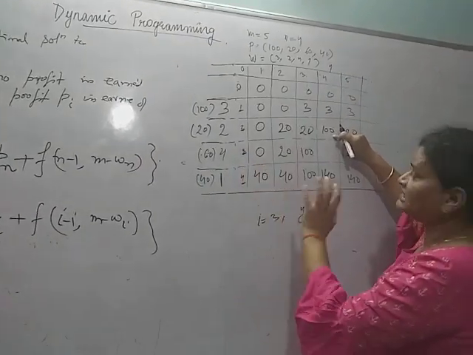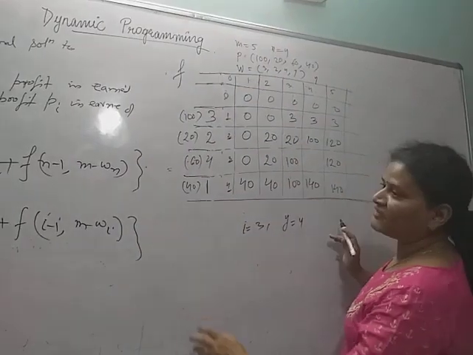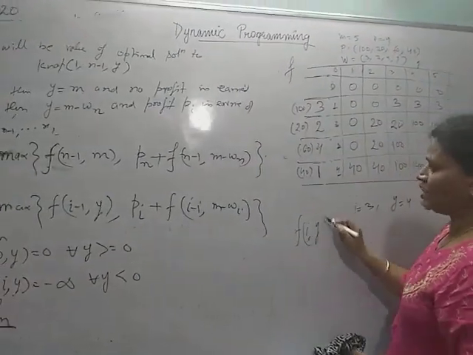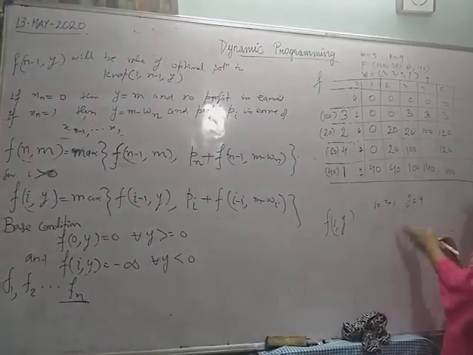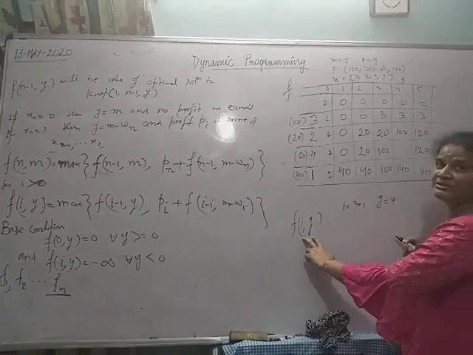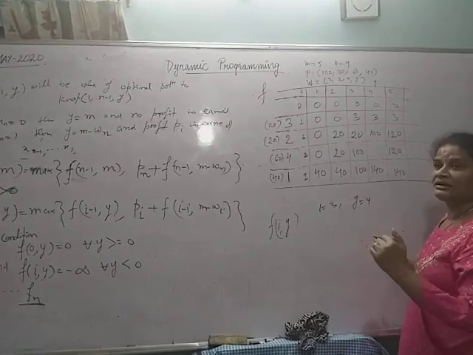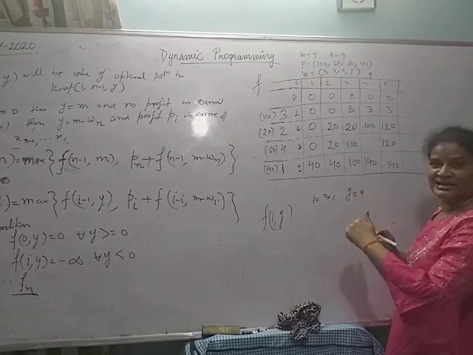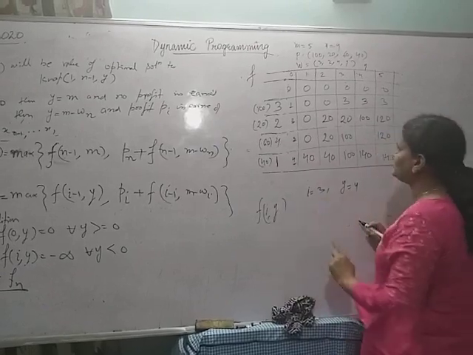Every entry in this table is the F table. i is the number of rows and y is the column. i is simply the object I am going to consider and y is the capacity. At any particular time, f(i, y) will give the maximum profit earned when the decision for objects 1 to i has been taken with the weight or capacity constraint y.